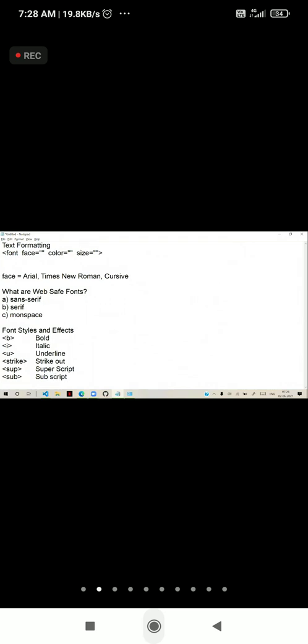These are the font styles: bold, italic, underline, strikeout, superscript, subscript. These are font styles and font effects.